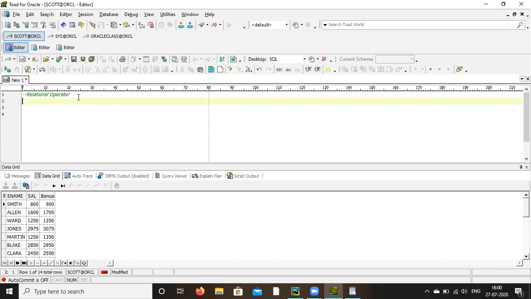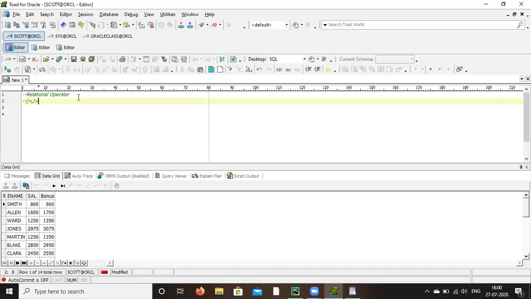Equal to, right? Within brackets you write the equal to sign, a single equal to, but in Python it is double equal to. So equal to, not equal to. For not equal to, you can write exclamation mark equal to, or you can write smaller than, greater than also.